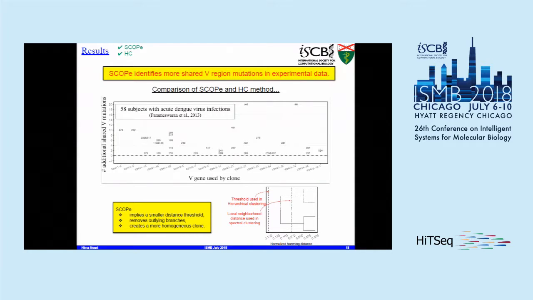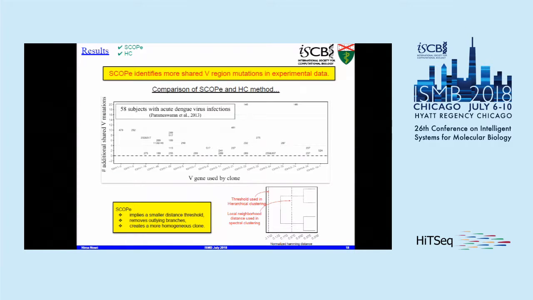We mainly used 58 different subjects with acute dengue virus infection. It was a published paper by Parameswaran et al., 2013. So it is 58 different individuals. All these numbers are the subjects. The point is, at the end of the study, in most cases both hierarchical clustering and SCOPE perform the same. The shared mutation counts were the same, but every single time the shared mutations are different,